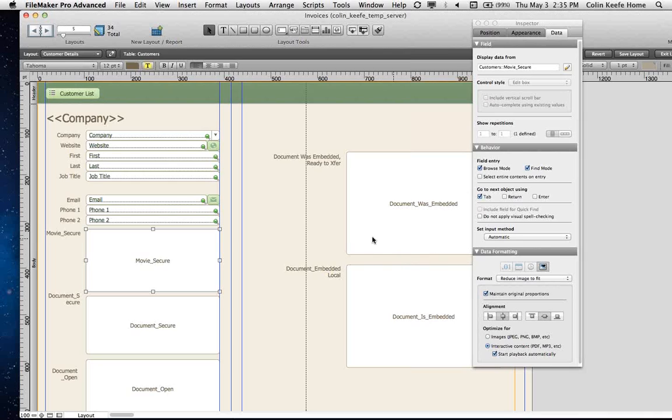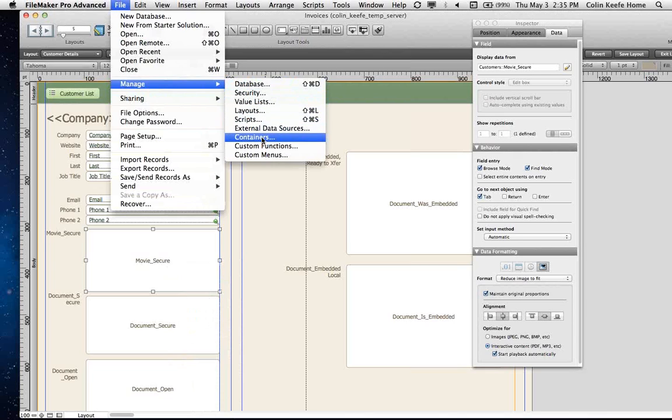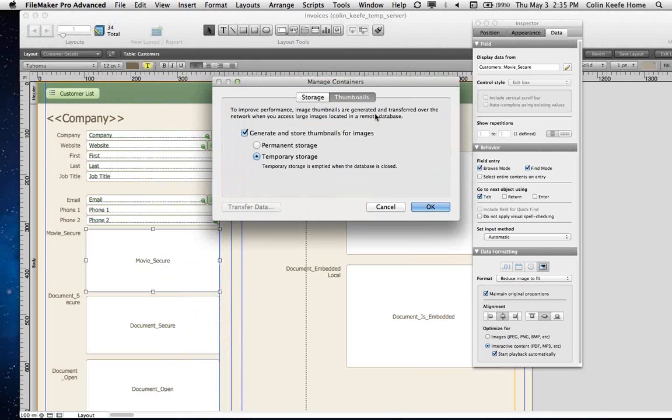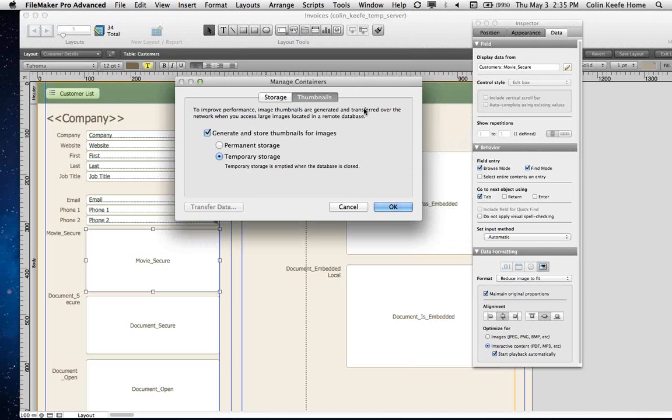All right. There is one more thing that I want to show in the Manage Containers section, and that's this idea of thumbnails. Okay, so this is a file-wide setting. I can generate and store thumbnails for images, and the idea here basically is I don't want to deliver a ton of data down to the client, right? If I have really, really big images, why send the whole thing if they're viewing it through a little 200 by 200 pixel container? So I'll talk about the difference between permanent and temporary in a second, but